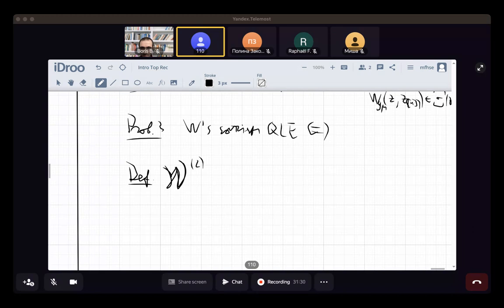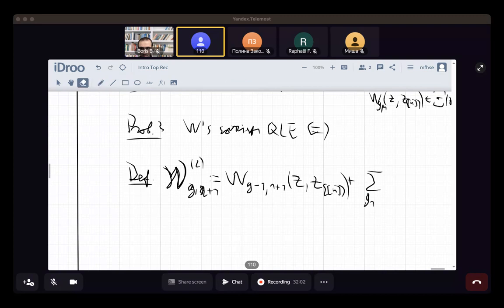The curly W2 g, n is, by definition, W g minus 1, n plus 1 of Z, Zn, plus sum over g minus 1 and n plus 2 of Zn,